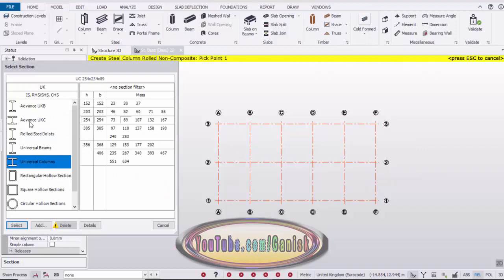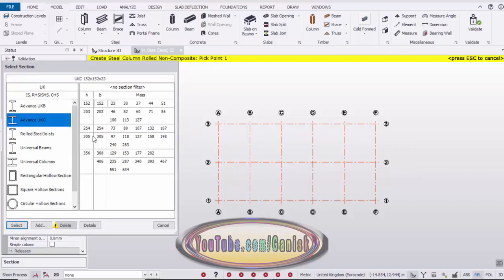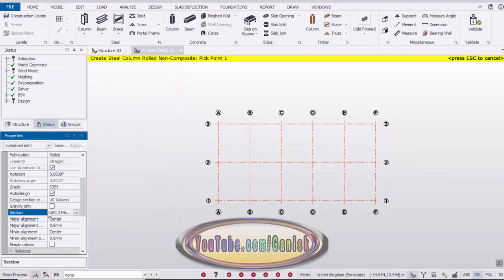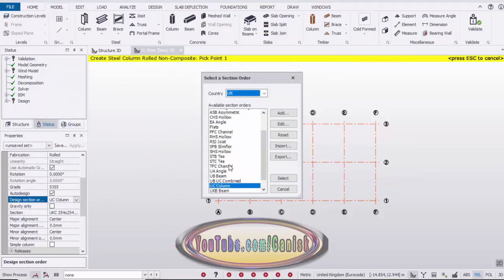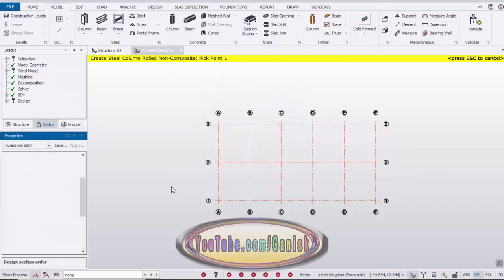Now select this advanced UKC and let's take this 254 by 89 and click on select. And now we need to change the design section order also. Click on here and click on new, scroll it down and select this UKC column and click on select.